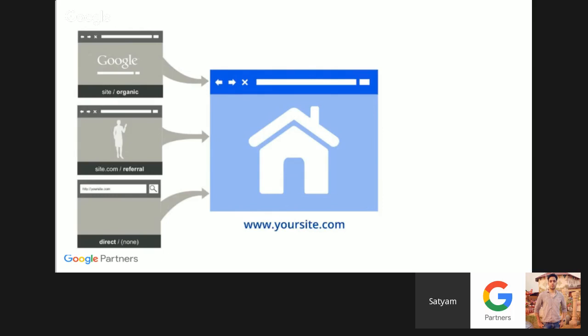So if somebody is coming from a search engine, if the search engine is Google, then the source will be Google. If it is Bing, it will be Bing. If it is something else, it will be something else. And your medium will be organic. And it will be tracked: the user came from that particular source and medium. If someone else is writing about you on their own blog or website, or if you ask somebody to give a referral on their own website,